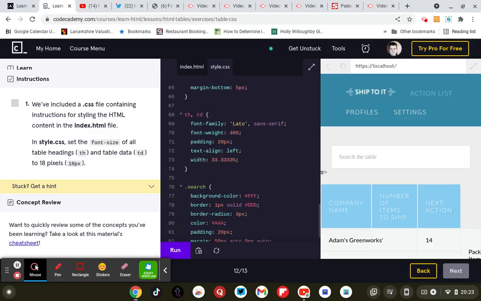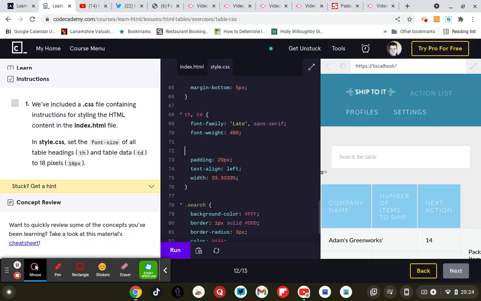TH and TD. 18 pixels. So I want to make what? The font size. So font